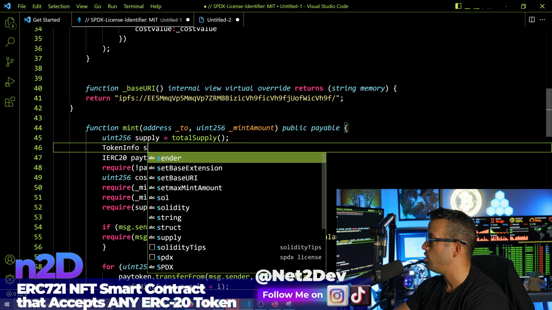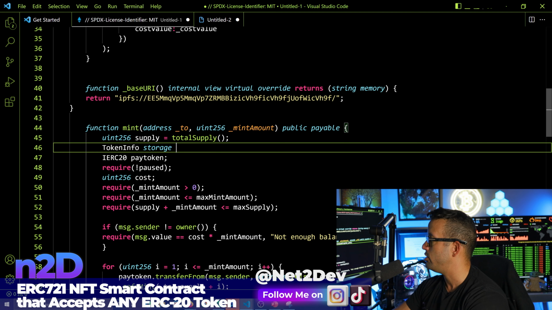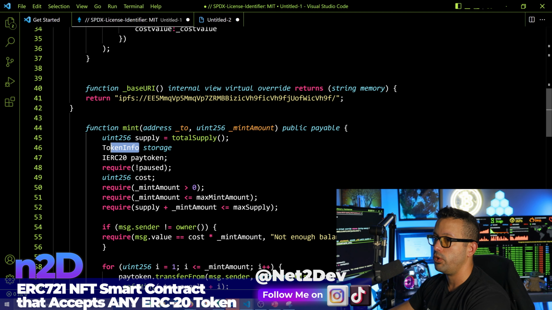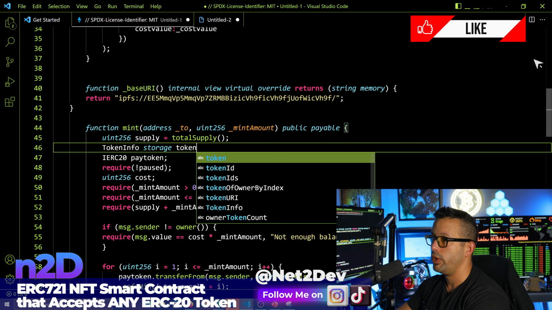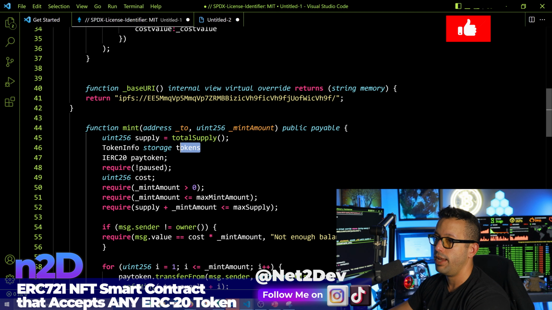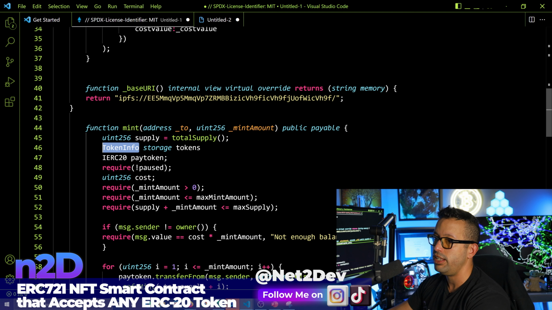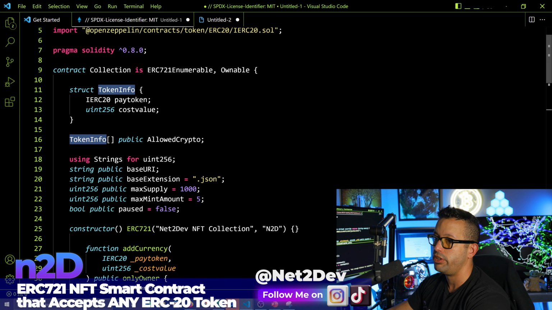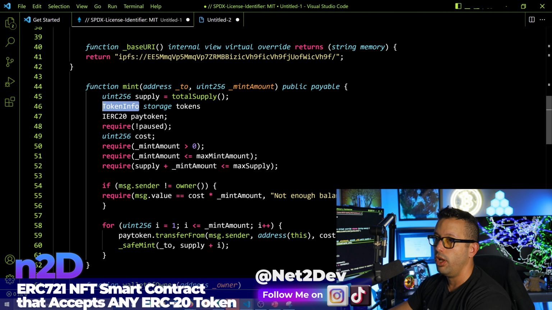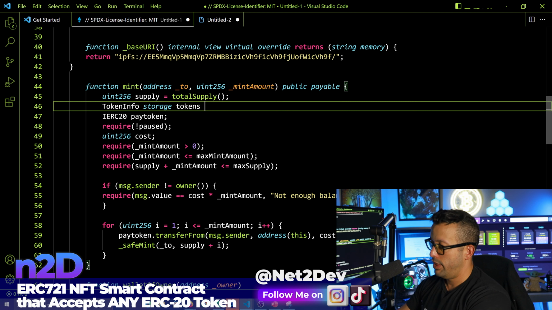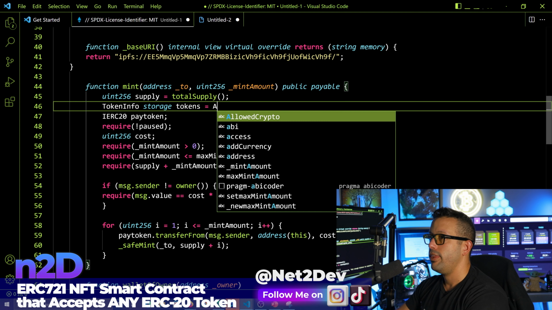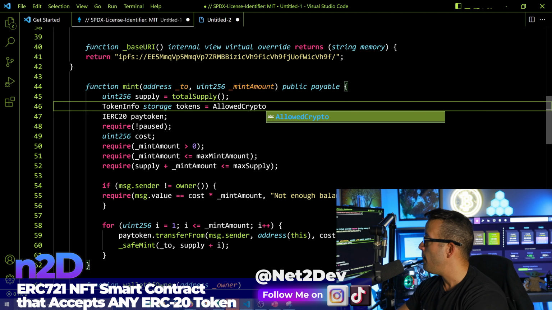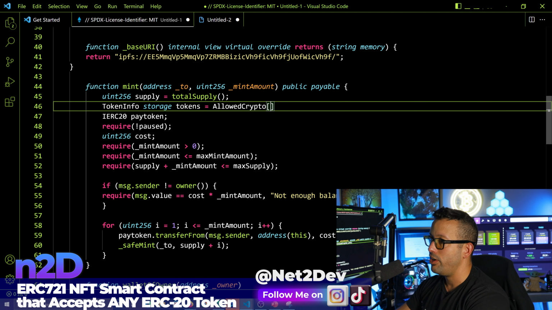Remember, that's the name of the struct, but then I want to create a storage of all the information from storage info and call this tokens. This will be the name that I'm going to call every time that I need to retrieve information from this particular struct, which is right here. I want to store all the information from the token info in this particular object name. Okay, but then I need to make sure that this is done from the particular pool ID that the user